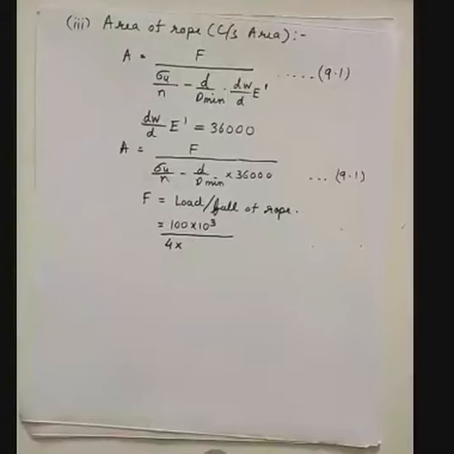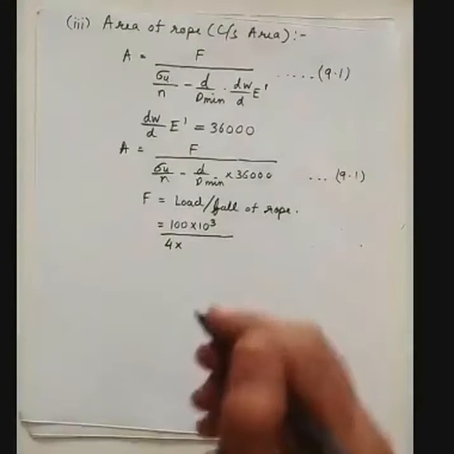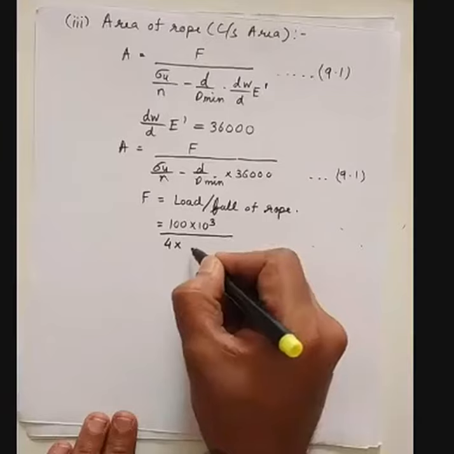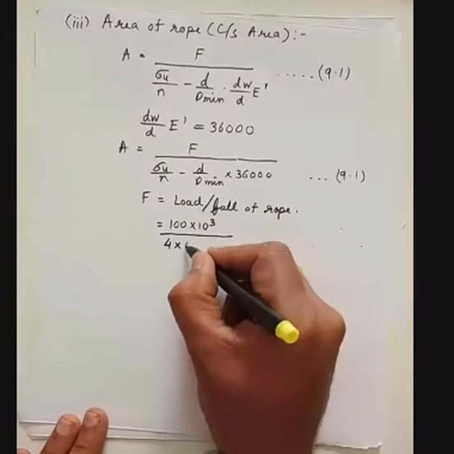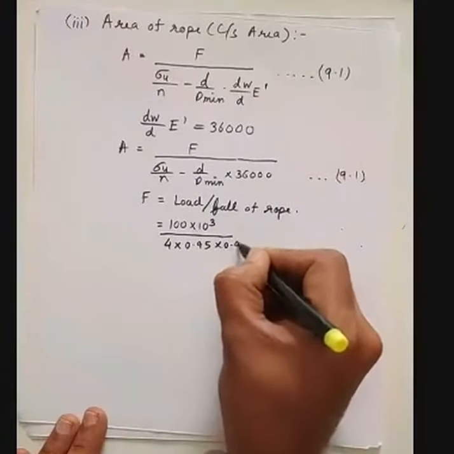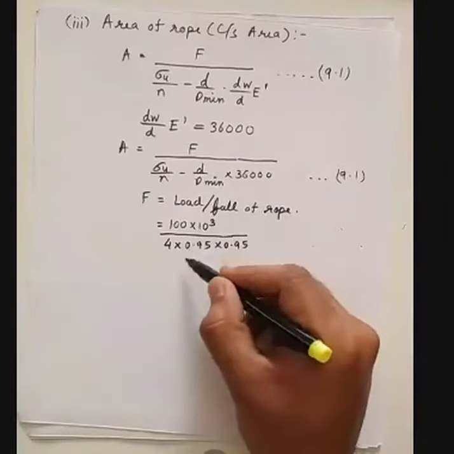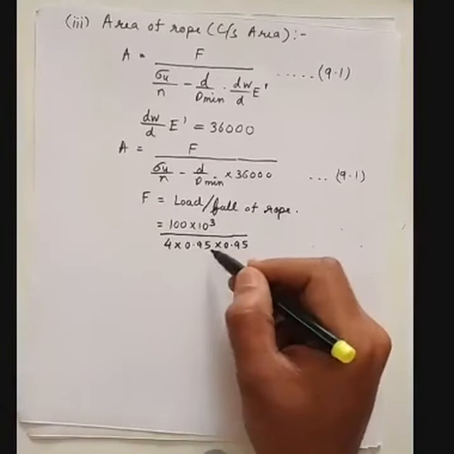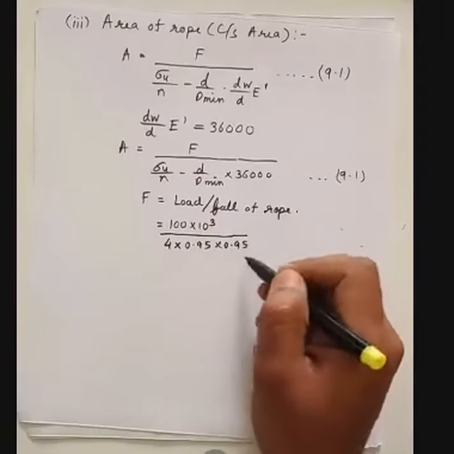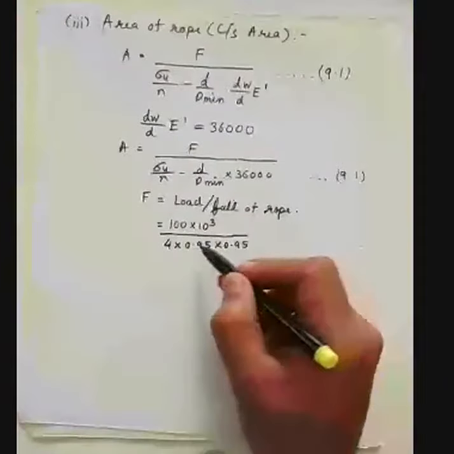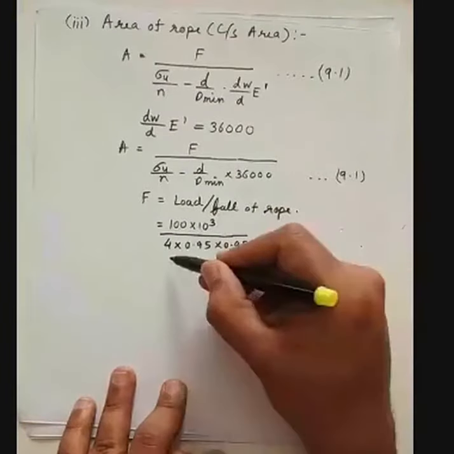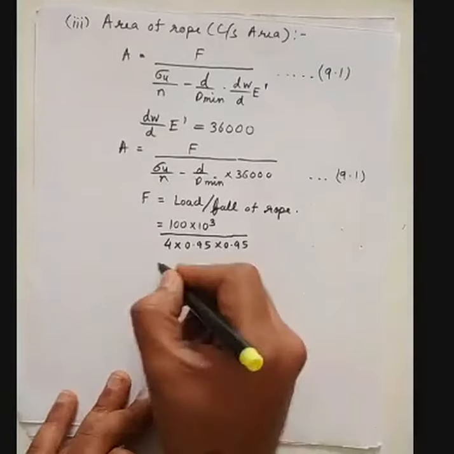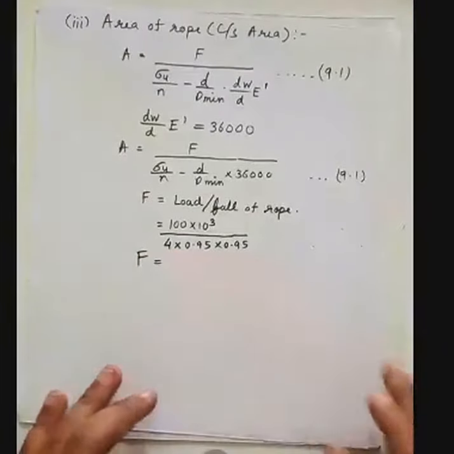So based on efficiencies the fall will work. We have two efficiencies, the pulley efficiency and the drum efficiency, and we have to use both here, right? We have 95% as the pulley efficiency and 95% as the drum efficiency, because two falls are from the pulley and two falls are from the drum. The connections of the falls are with pulleys and with the drum, so we have to consider that and use this formula: load upon fall of rope. The number of falls is 4, but the efficiency will come into the picture. Based on that, we will get the value of F.